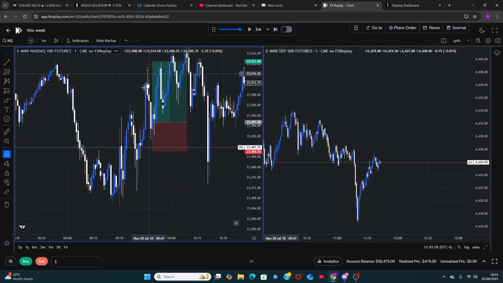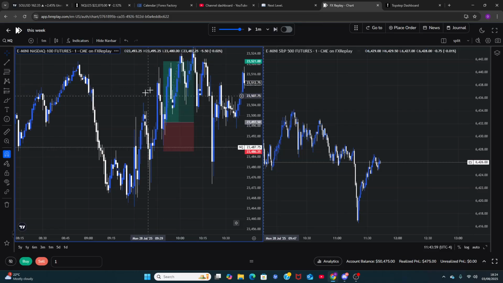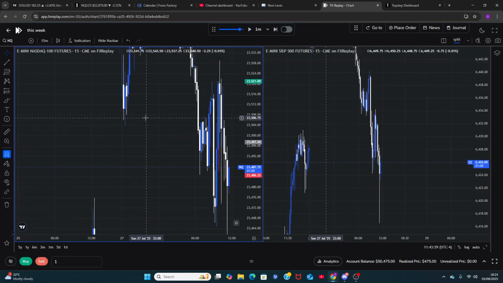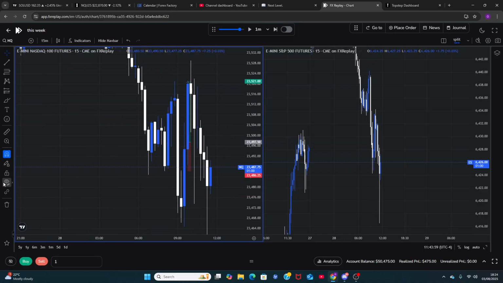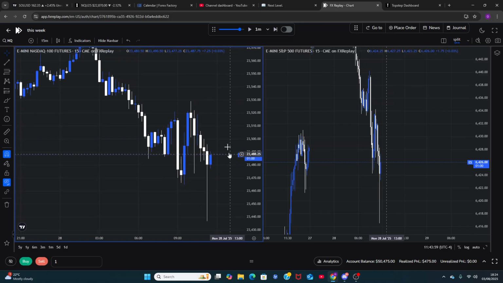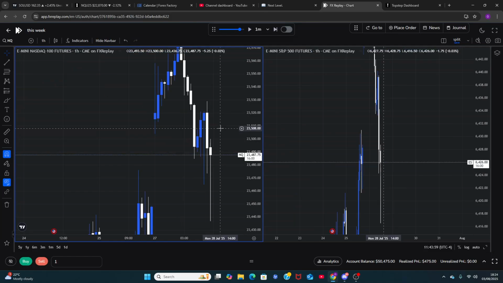NQ will not come up with a random area and come lower. This is random. This is not really a nice space for price to dump lower. If it really wants to respect the 15-minute BISI, it would respect it with this candle and start to dump lower. Why did it take another 15-minute candle for us to fully take out the high and dump, clearly showing choppy conditions on Monday? But right now it's 69.